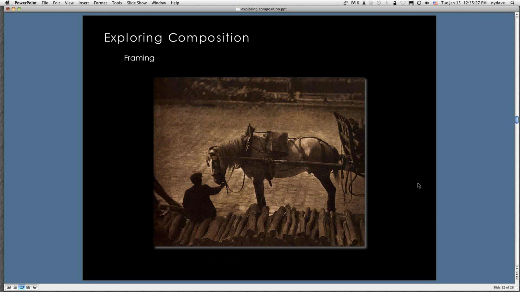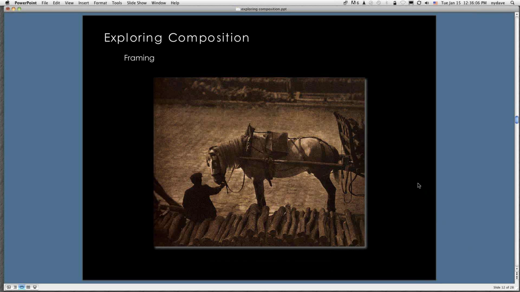Framing. How you frame your shot. This is by Stieglitz, so it's quite an old photograph. But there's some very interesting things going on here. First of all, overall, how the image is framed gives you, I think, an intimate view of the two subjects without crowding them. So it shows them in context, and the image is framed by the curb across the street and the woodpile in the foreground, and so it keeps the eye, and it's also framed in part by